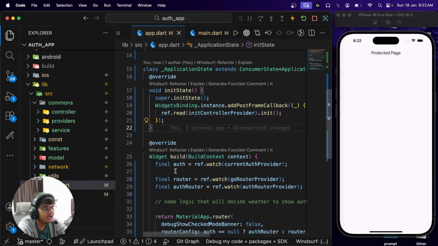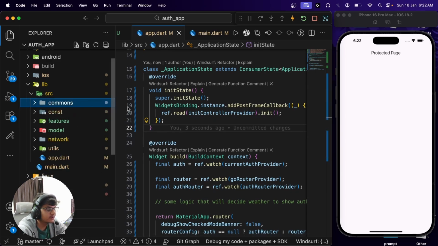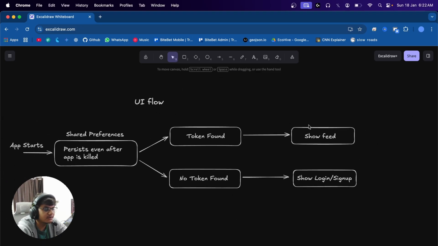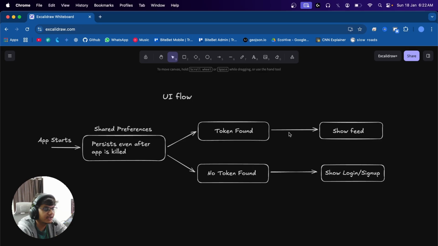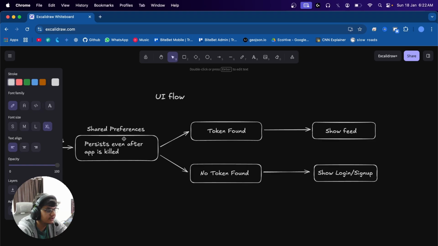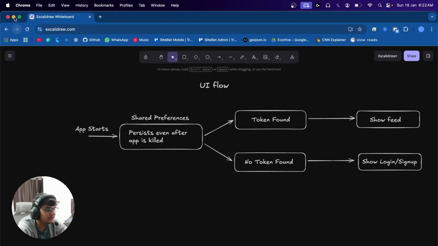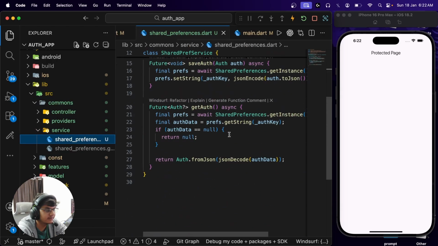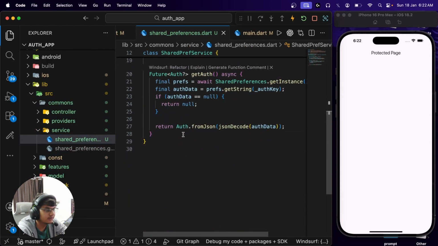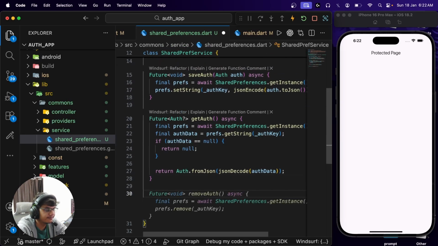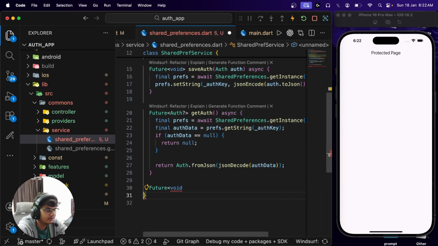Okay, now the question would be, how do we sign out, right? Because if you go back to our whiteboard, if you're on this page, we have to sign out, right? We need to ensure that this provider also gets reset and the shared preferences are also deleted. So we need to create those functions as well. So we'll go to the shared preferences. And we'd say future void clear auth,